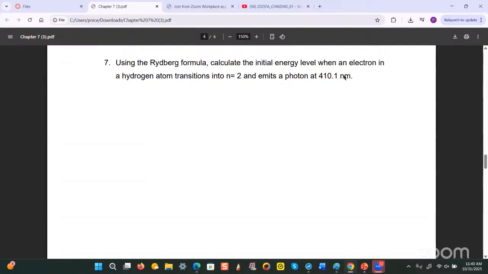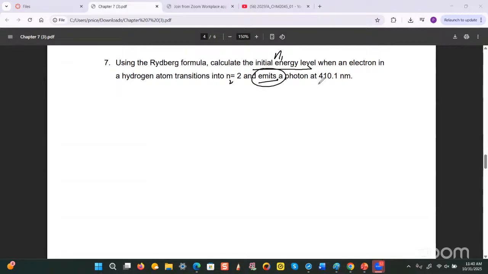So some very important points that you have to pay attention to in this question. It's asking for the initial energy level. So basically, this is asking for N1, right? When an electron in a hydrogen atom transitions into n equal 2, so that would be N2, right? And emits a photon, very important, emits a photon